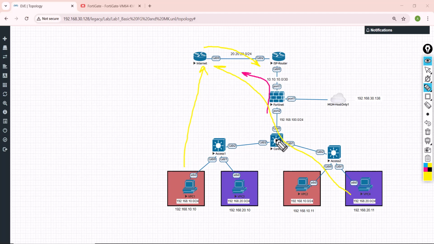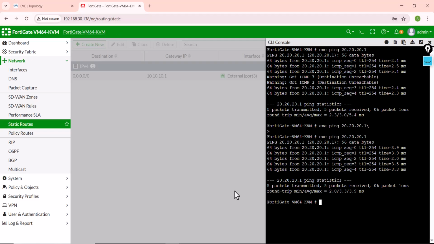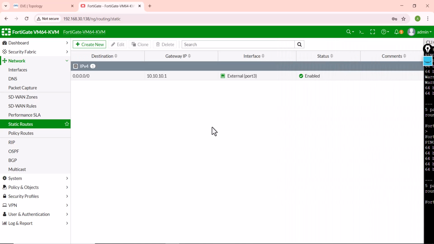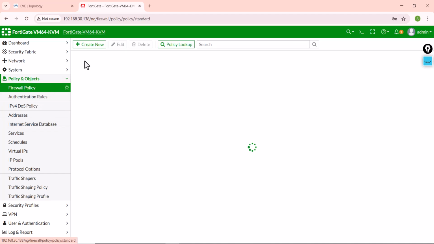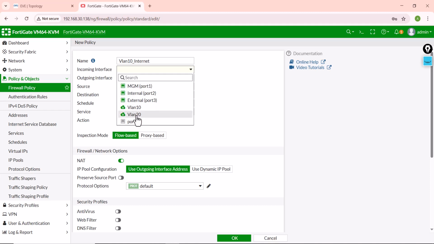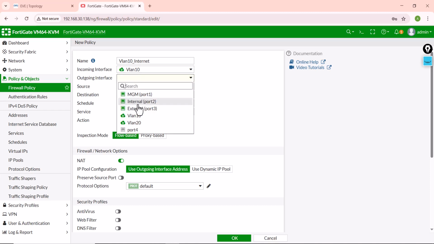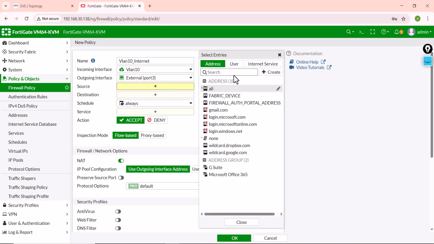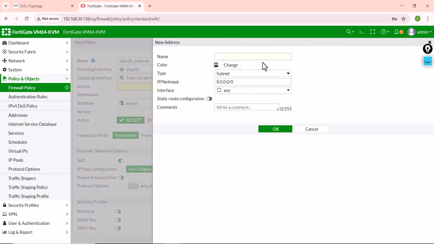all the routing is okay. We need only to do some config on firewall. Let's go here. We need to go policy and object, firewall policy. We need to create an internet access from VLAN 10 to internet. Okay, incoming interface must be VLAN 10, outgoing interface must be external, source must be create an address VLAN 10